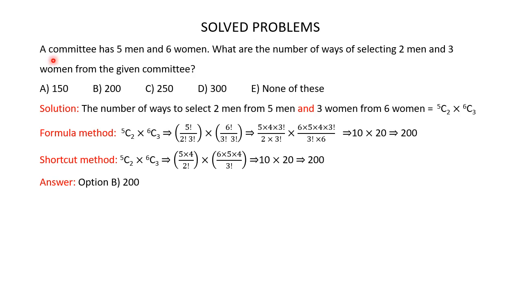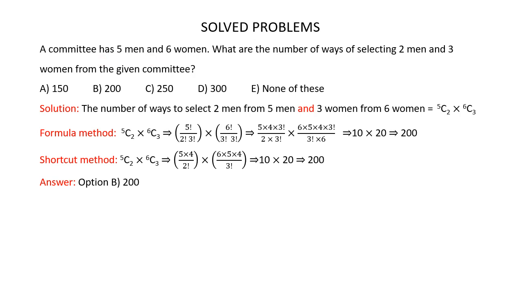A committee has 5 men and 6 women. What are the number of ways of selecting 2 men and 3 women from the given committee? Here you are given 5 options and you have to find out which of these options is the correct one. So a committee has 5 men and 6 women, and you have to select 2 men and 3 women from